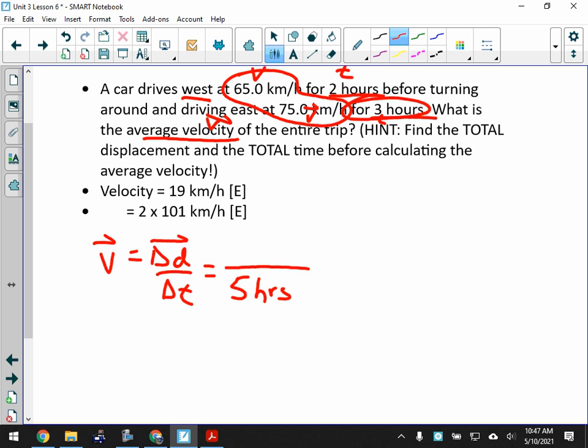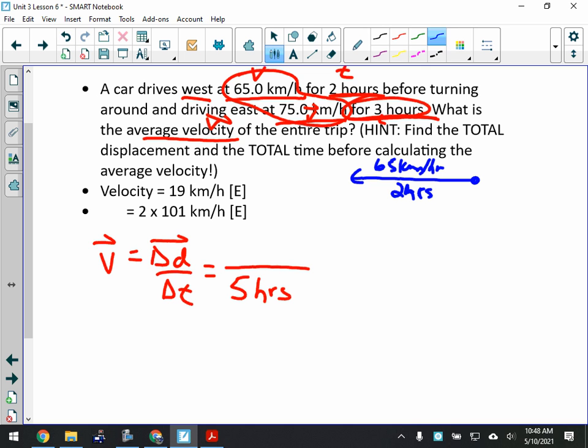This is, like I said, velocity. So is this. This is also velocity, and I got some times here as well. So I don't even know what one of the displacements is, let alone both of them. So I'm going to have to do an extra calculation here. I'm going to drive west 65 kilometers an hour for 2 hours. So I'm going to just draw this out here. Now, I don't know exactly where I'm going to end up, but again, I'm going to go west 65 kilometers an hour for 2 hours,